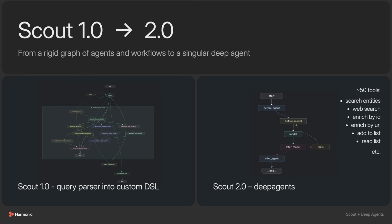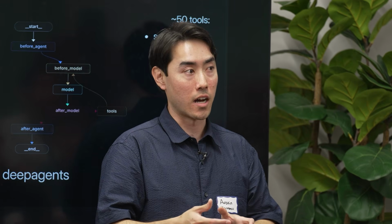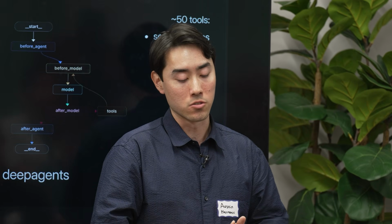So the graph is a lot simpler here. Essentially, we have just a tool call loop in the middle. You have the model, you have tools, and then you have middleware that Robert kind of alluded to, that runs before the model, after the model, and before the agent and after the agent, which is the entire tool calling loop. So we basically switched entirely over to this version, which is simply model and tools, and then we created